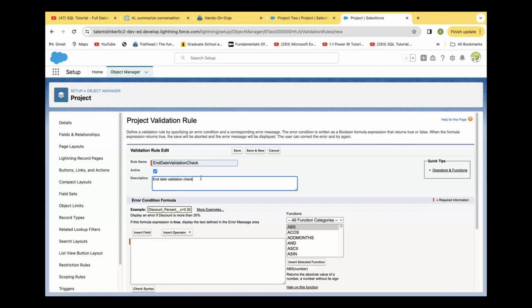So, end date validation check, let me just put it like that. I'm going to use the AND function for this. Yes, I'm going to use AND. Let me insert it. Now, AND involves two logics. It can be up to 2, 3, 4, 5 logics that you can include in this kind of